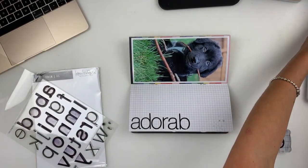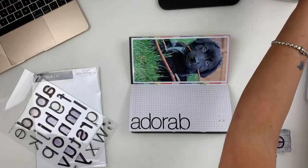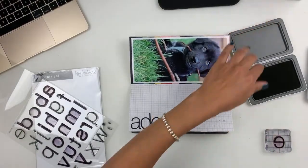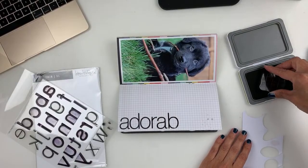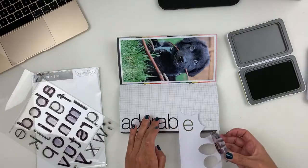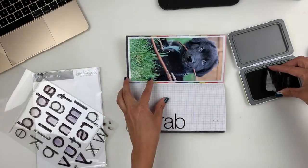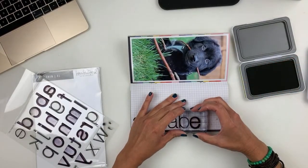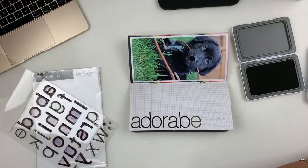Maybe I should go with the fern, maybe? Let me stamp it on some blank paper and see if I like this green. Yeah, and I like that it's a dark green. I'm going with that green. I like that it's dark. I don't want it to be too bright. Subtle. Can you guys tell if that...